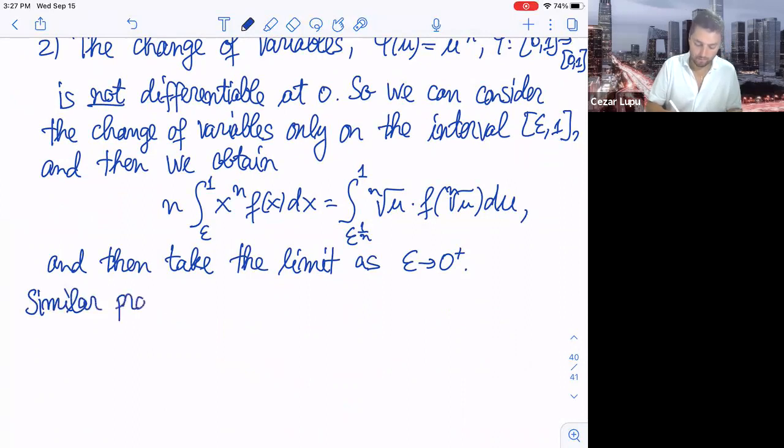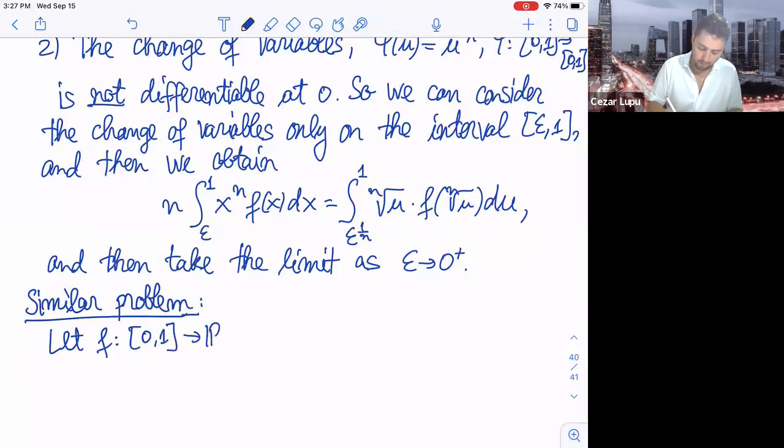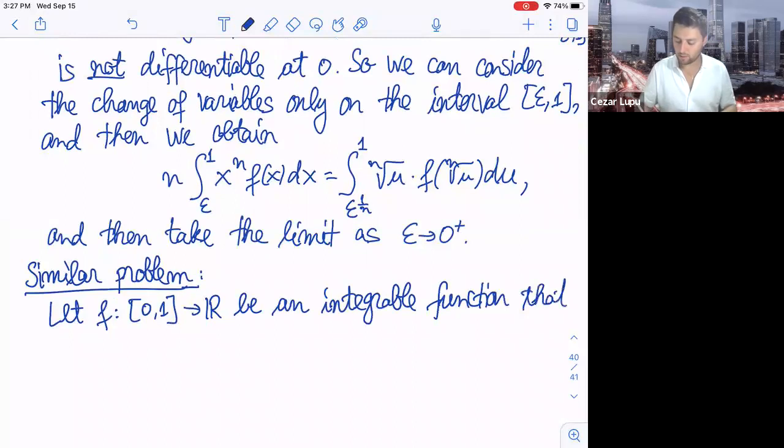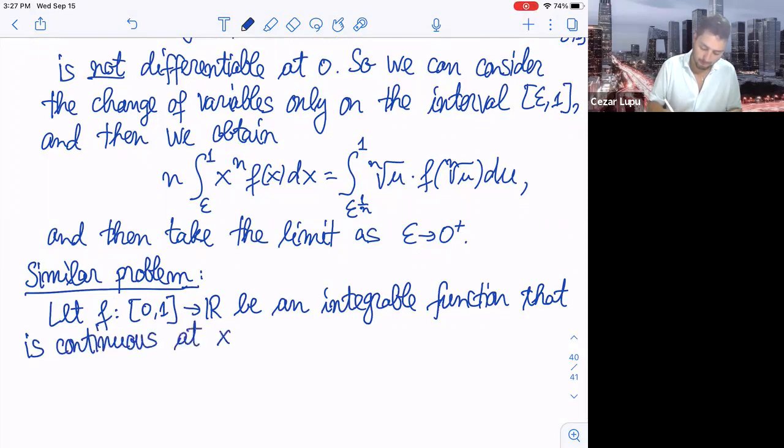A similar problem. Again, I have a function, so let f defined on [0, 1] be an integrable function that is continuous at the point x equals 1. Show that